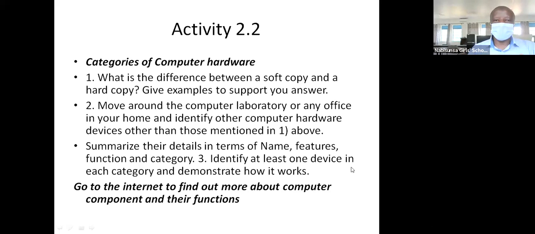And now that you have completed this part, we are going to go to another part. I want you to go and read through the next part that we're going to look at in this very chapter, so that when we meet next week, you have an idea of it. But before we go, I want you to copy that activity and try to answer the questions there. Okay? So you go with this one, work on it this afternoon or before we meet next week, so that when you come back, you have